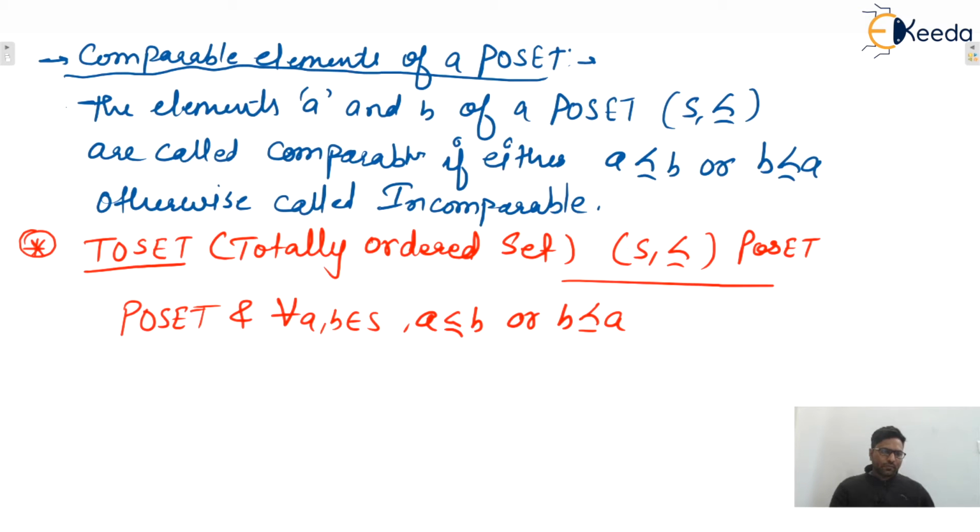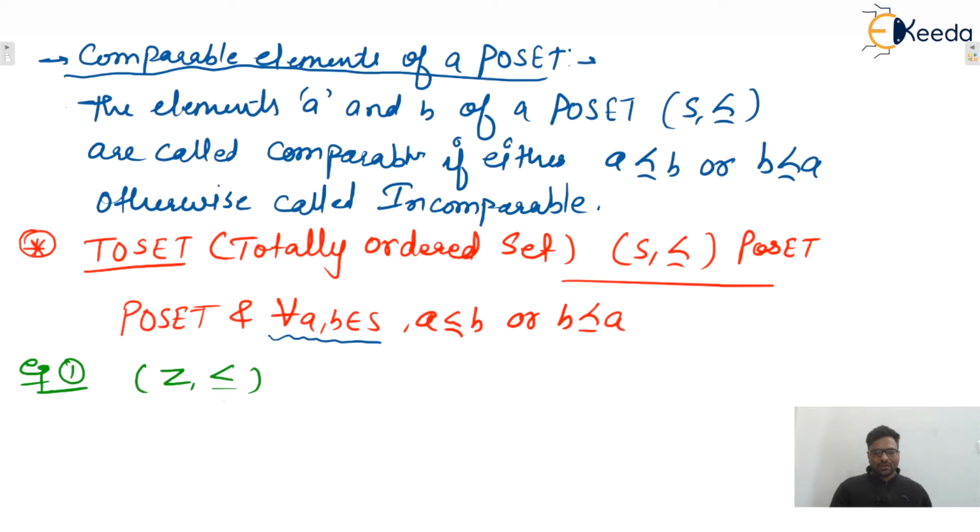Remember, for every a, b means every pair of elements must be related. That means for any two elements, either A is related to B or B is related to A, then that poset is also known as a toset. So let us consider one example. Example number one,